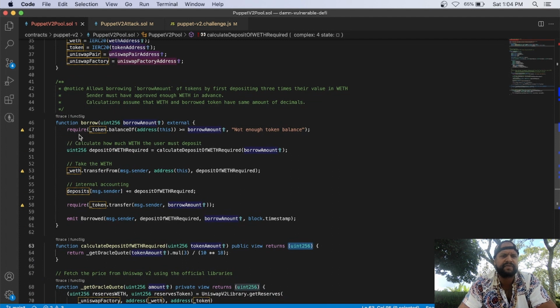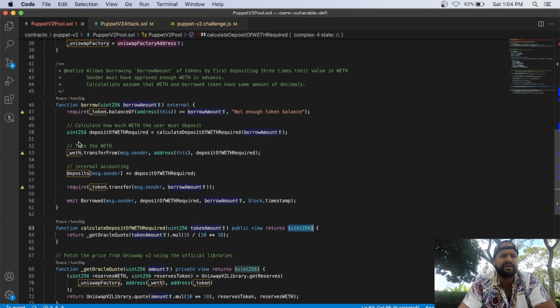We have a check here that checks if the token balanceOf this address is greater than or equal to the borrow amount. If not, we will get an error that says not enough token balance. Next, we have a variable called depositOfWETHRequired, which is equal to calculateDepositOfWETHRequired, and we take in the borrow amount. This is a helper function to help us figure out how much collateral we're going to need. So let's just find this function down here,